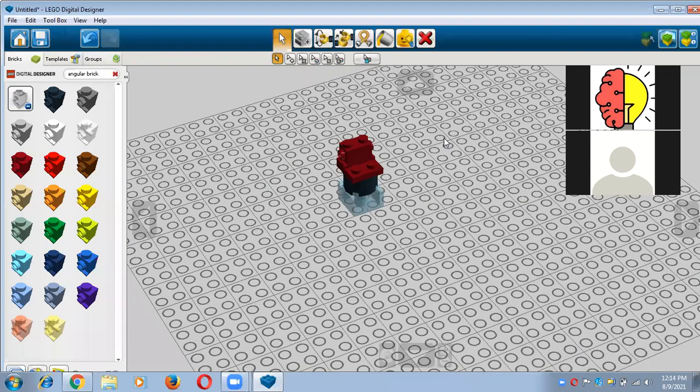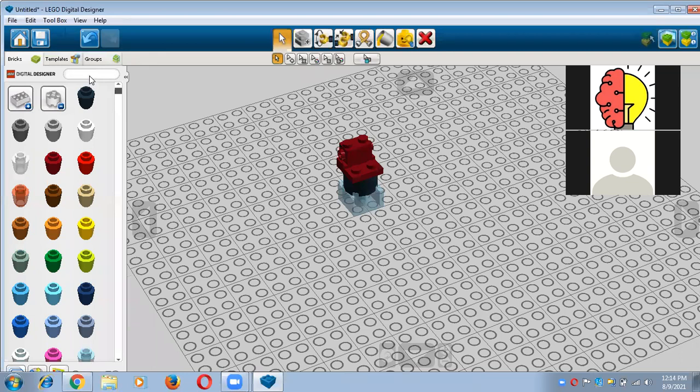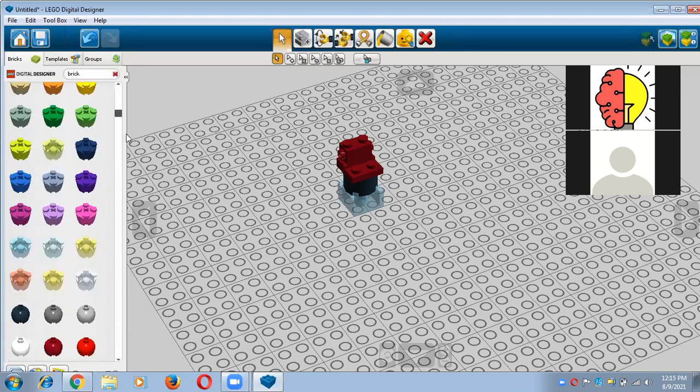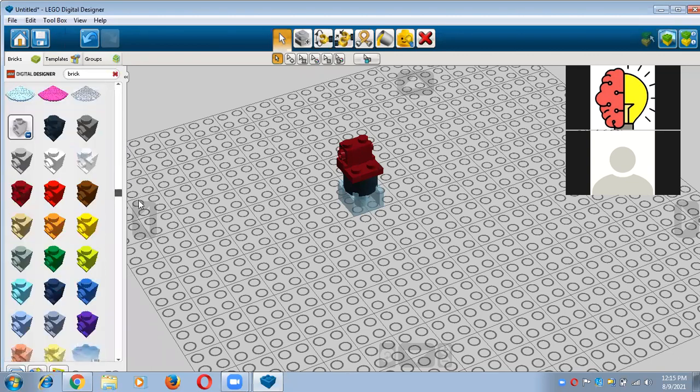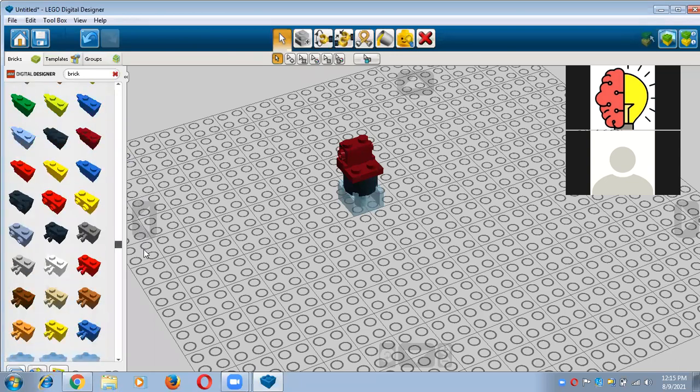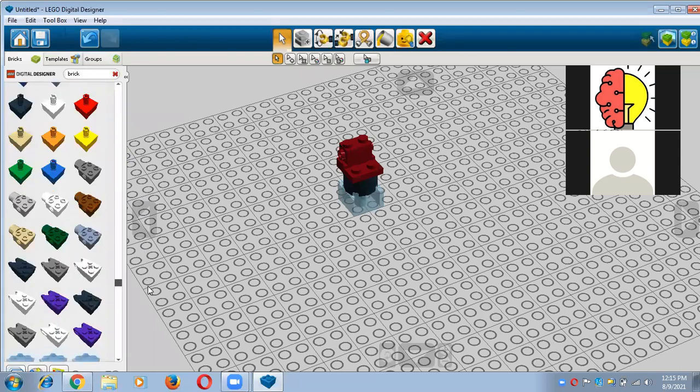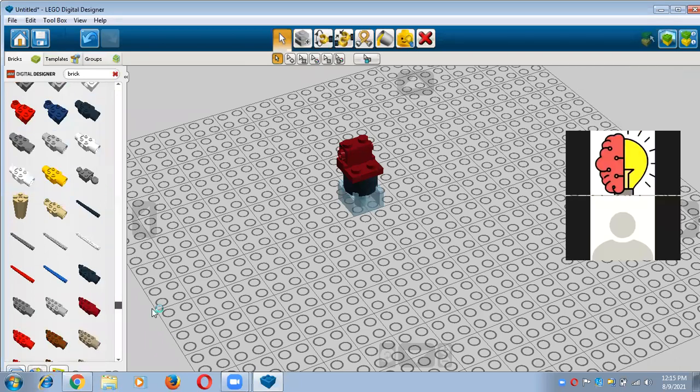Now move on to the next step, and in the next step you need a brick. Once again you need a brick, so you have to type here brick. But right now which size of brick do you need? That is 1 by 2 size. Okay, that is 1 by 2 brick size. So you have to find it here.